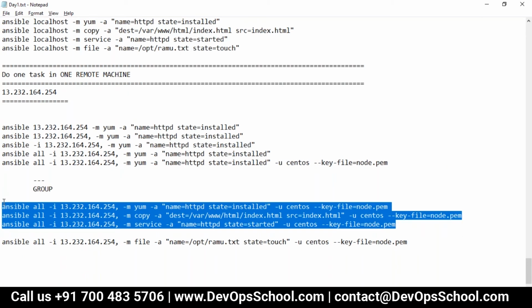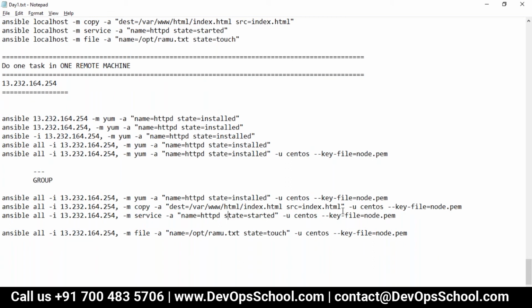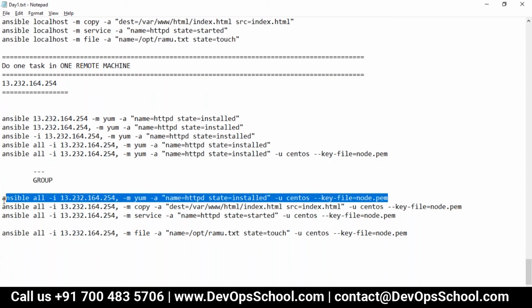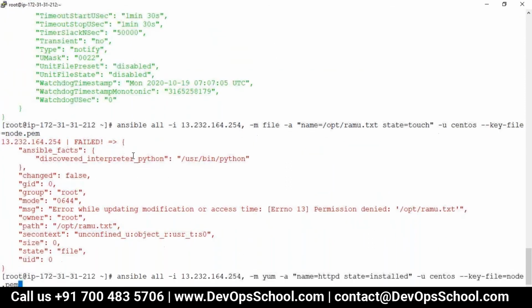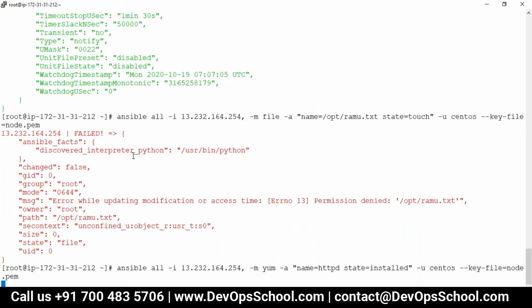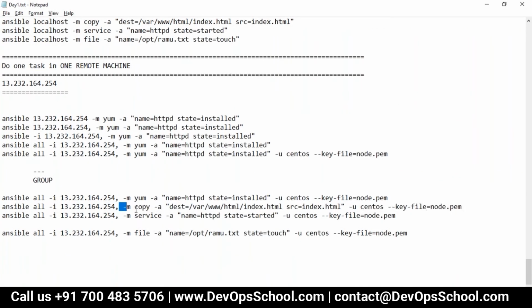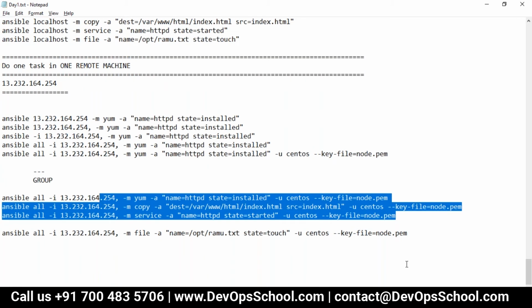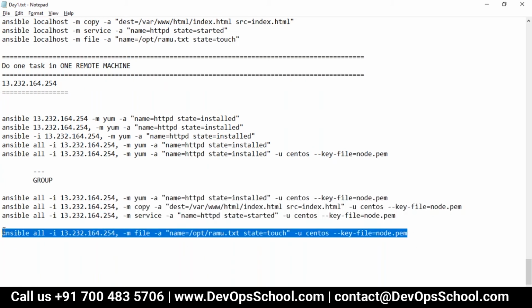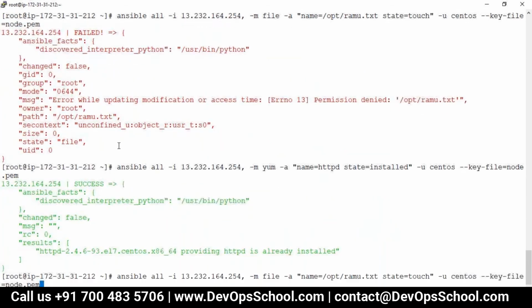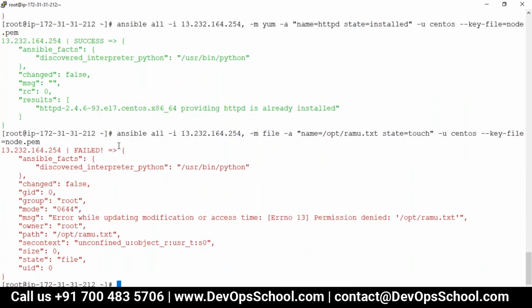I'm surprised actually. See here, changed false. That means it was already installed, so not installed again. This is also changed false. This is also changed false. Whereas this command, if I run, /opt/ramu.txt doesn't have permission because we are trying with the centos user.